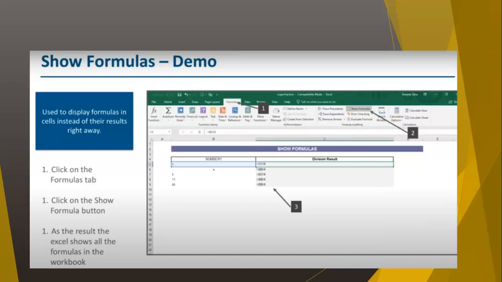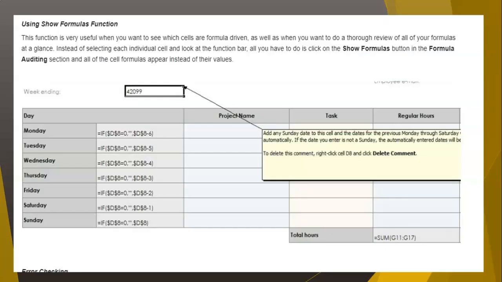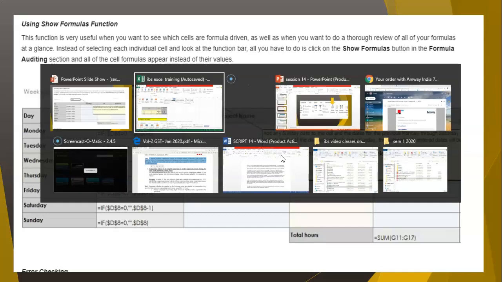This is very much available under the formula tab, and it is used to display formulas in cells instead of the results right away. Now this show formula is available under formula tab, and you can see it under the auditing too. And if you want to see a representation, this is how it is represented.